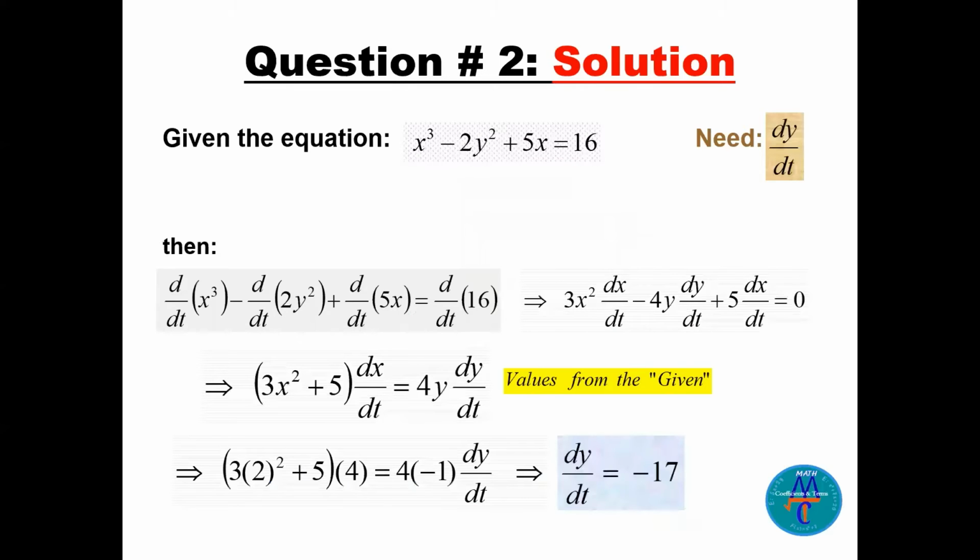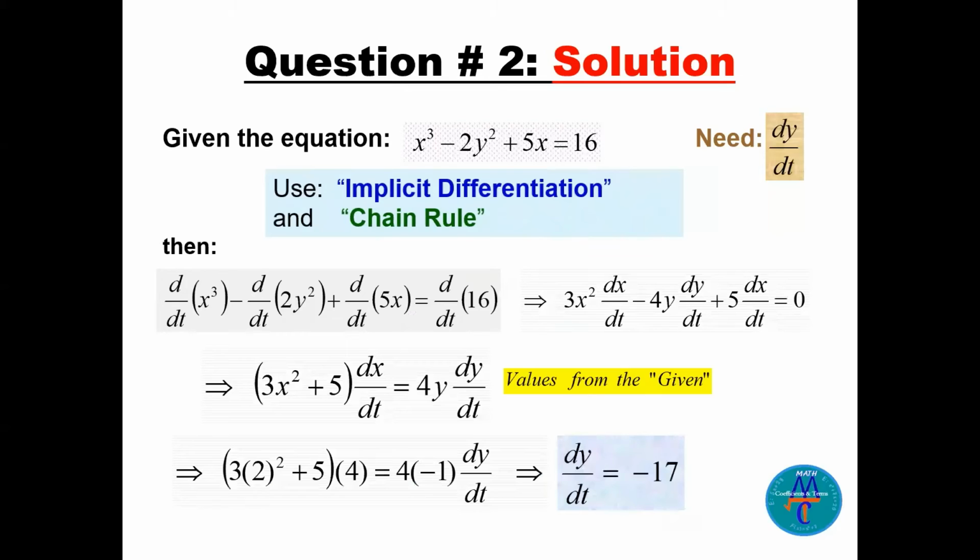So this is also related to rates. Given the equation x cubed minus 2y squared plus 5x is equal to 16, let's differentiate using implicit differentiation and the chain rule. So the derivative of each term will be 3x squared times dx over dt minus 4, this is 2 times 2, 4y dy over dt plus 5 dx over dt is equal to 0,